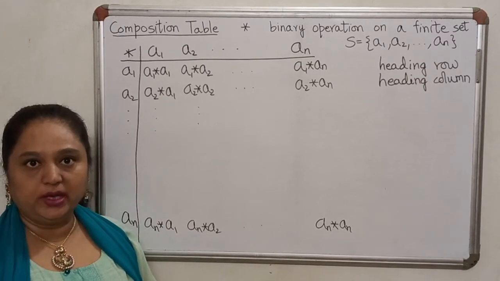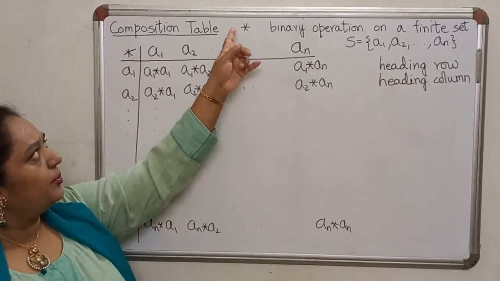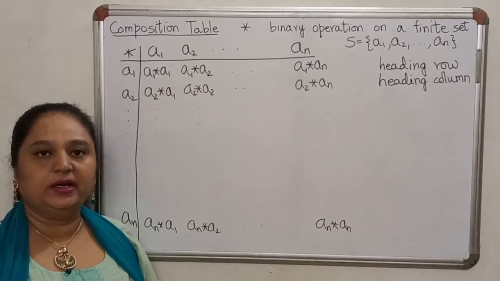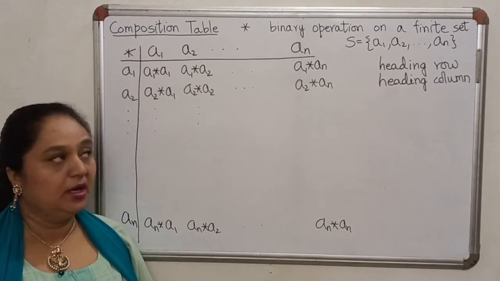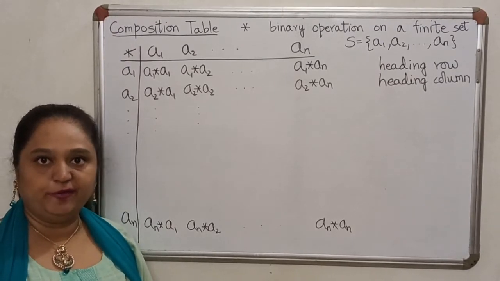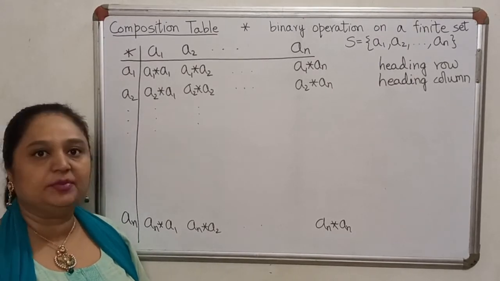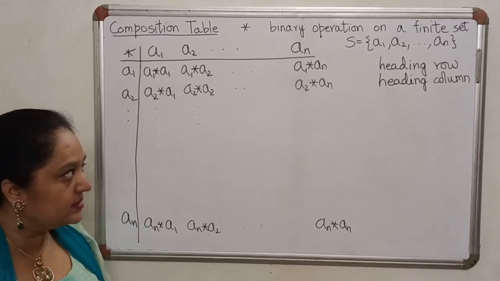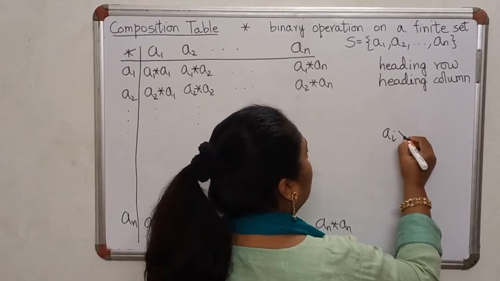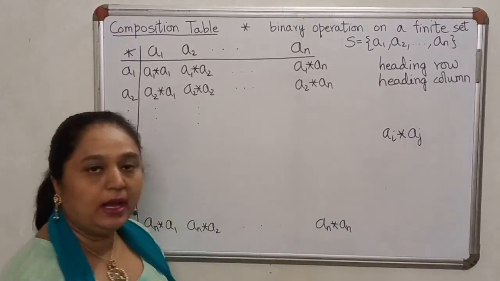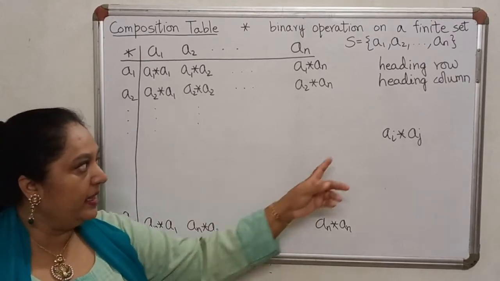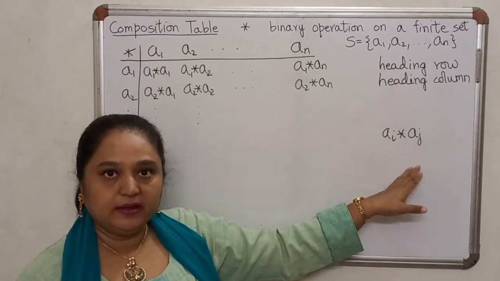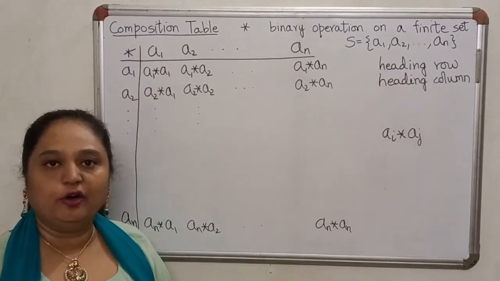Now the first thing worth noting is that suppose star is only given to be an operation on S, and I wish to check whether it is a binary operation. Remember the note that I had given you a few lectures ago as to how to prove that something is a binary operation. Now if star has to be a binary operation on the set S, then three things must happen. For all elements of the set, AI star AJ should be defined, it should be unique, and it should again be an element of S.